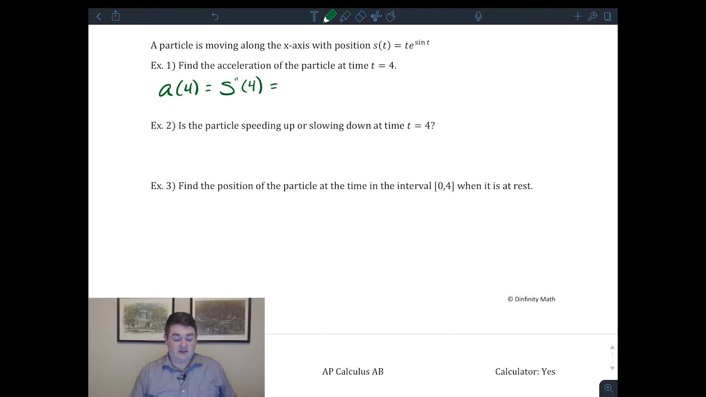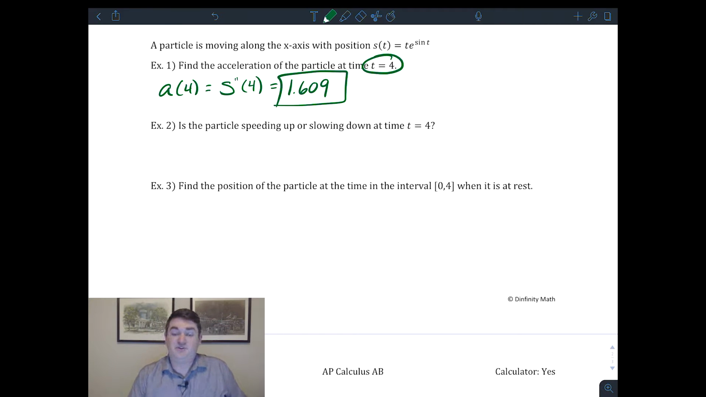Now I can take the derivative of this function using the product rule and the chain rule, and then I can take another derivative using more product rule and more chain rule, but my calculator, and probably yours too, is capable of taking a derivative or even a second derivative of a function and plugging a value in. And so all I have to do is identify that acceleration is the second derivative of position, and then I just tell my calculator, hey, take two derivatives and plug in 4. And when I do that, my calculator gives me 1.609,